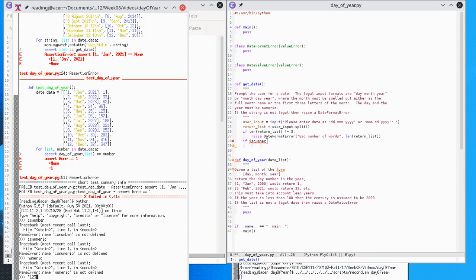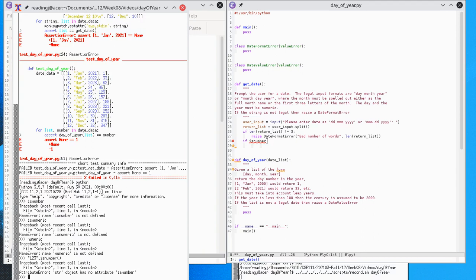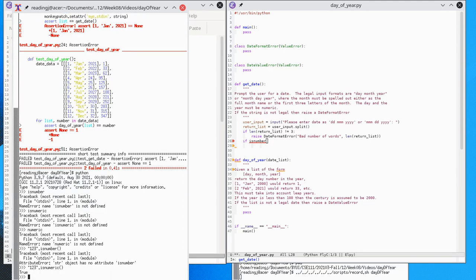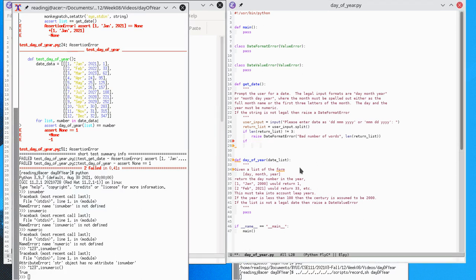So 123 dot is number. Is numeric? I guess I could just try and look this up, couldn't I? Ah, isnumeric. All right. So we say if return list sub 0 dot isnumeric